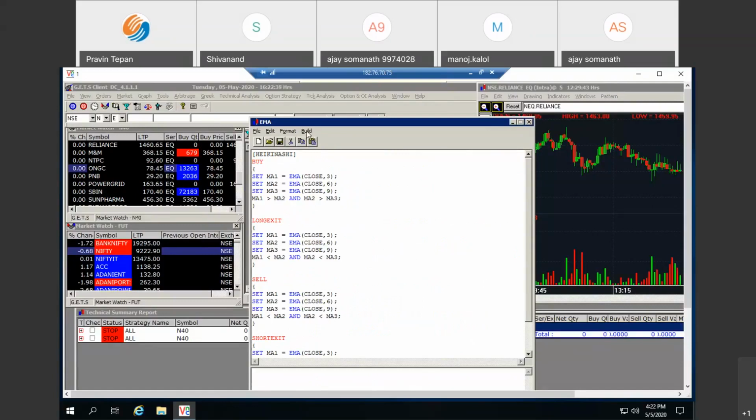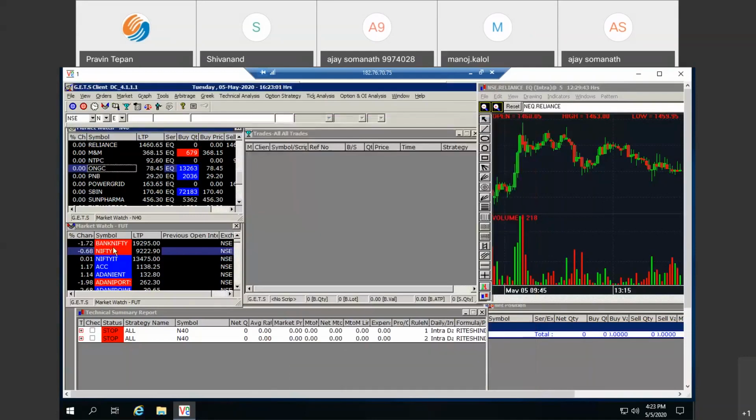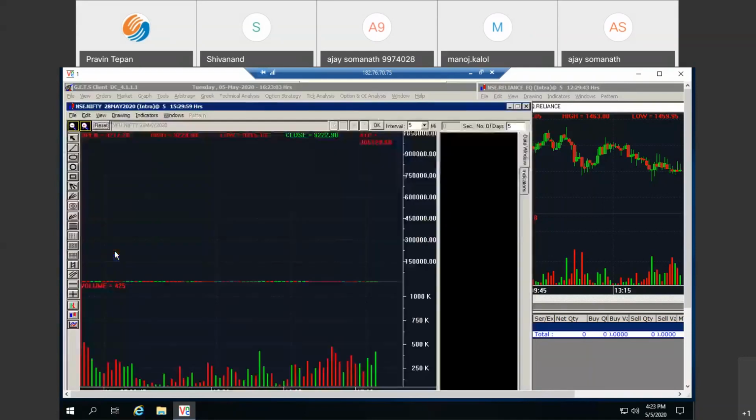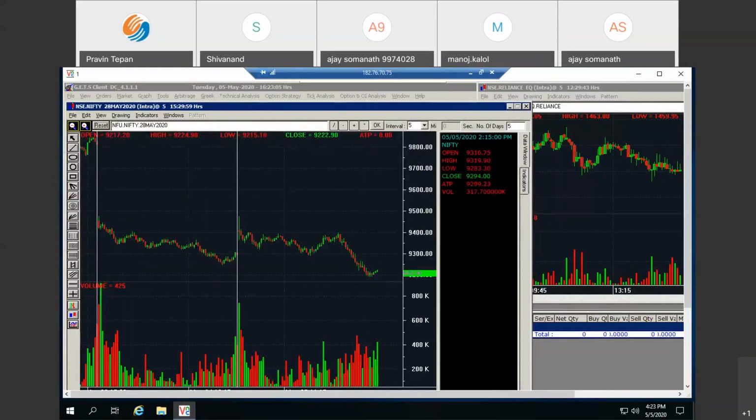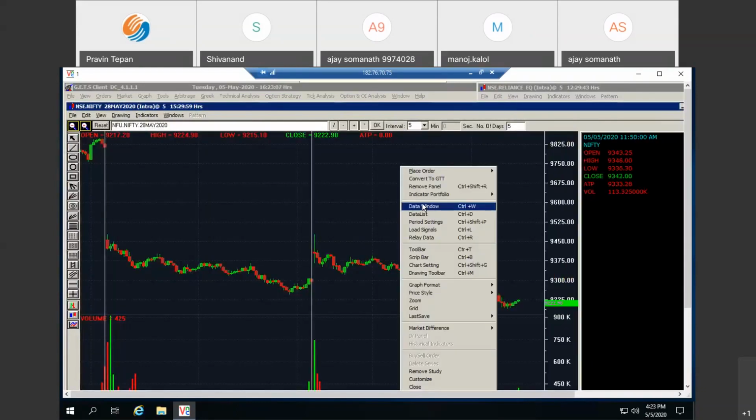After coding it, you just have to compile here, and if it is error free, then you have to name it, like EMA. I have given this code the name EMA. Now this EMA code is available everywhere, like in backtesting, in printing signals, in scanning, or in the trading part also. First we will see how we can print the signal. Suppose you have developed a strategy and you want to see where your buy and sell signals are. You can print your signal on the graph to analyze.